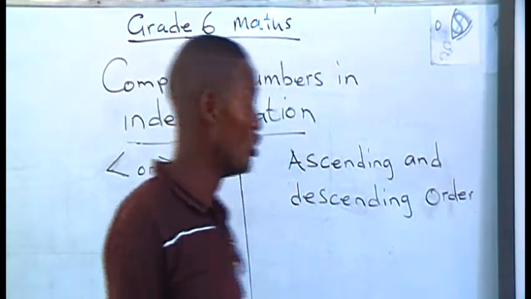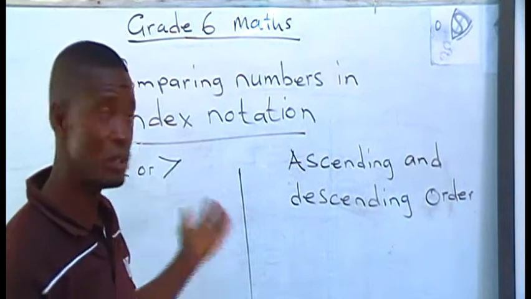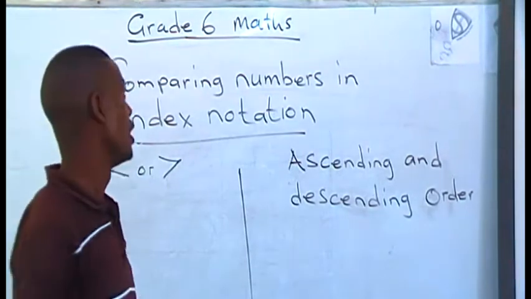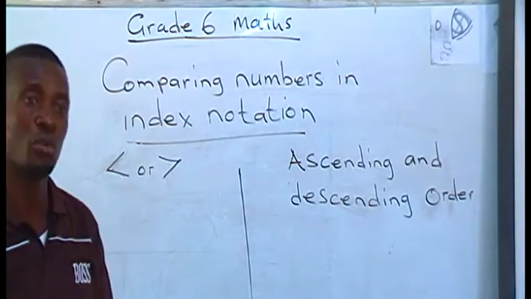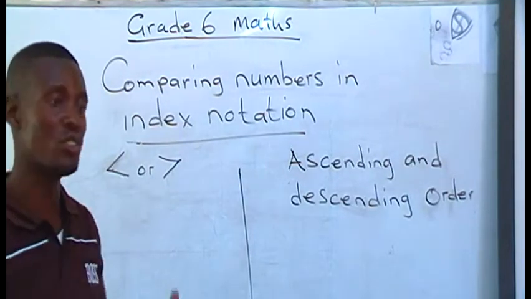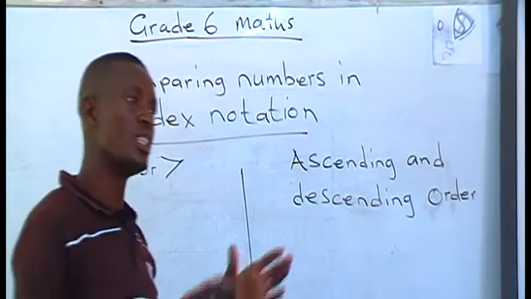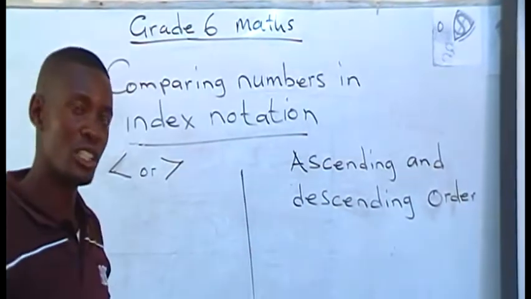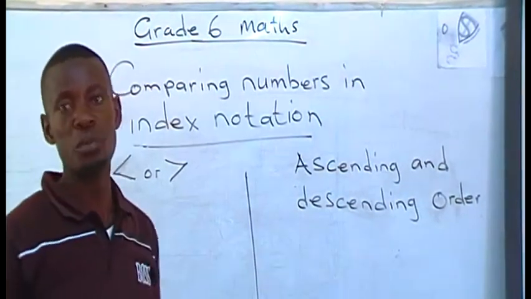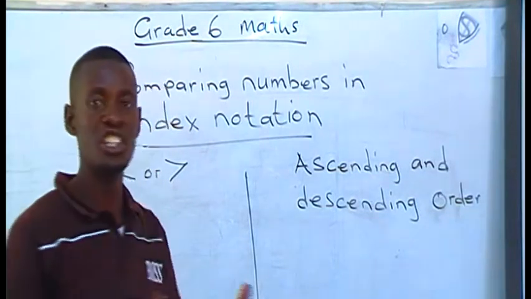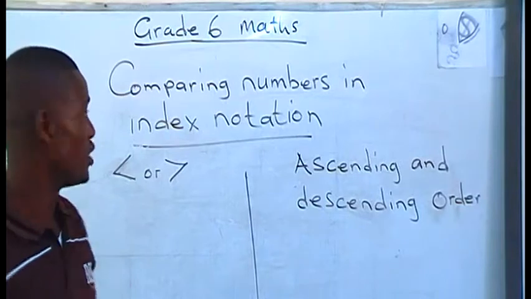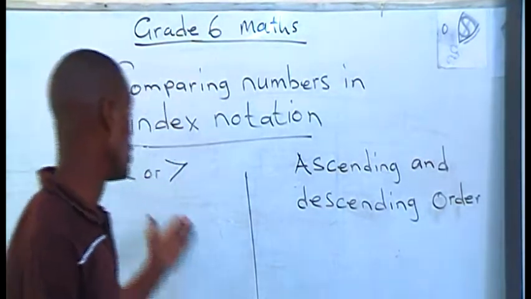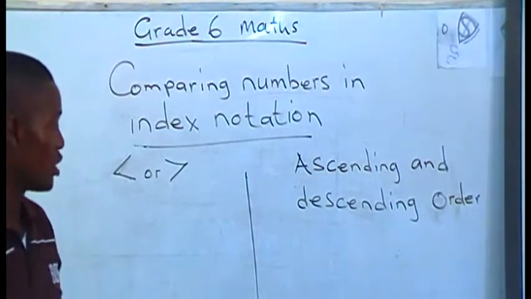In today's lesson we are going to be looking at comparing numbers in index notation. Remember in our previous lesson we talked about index notation. We discussed what index notation is and how to express given numbers in index notation. In today's lesson, boys and girls, we are going to be comparing numbers in index notation